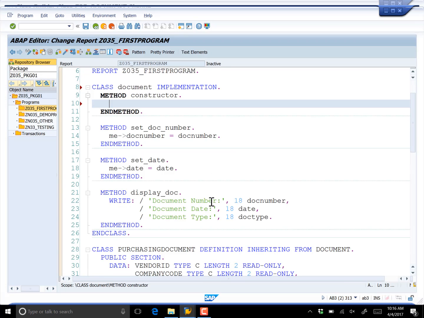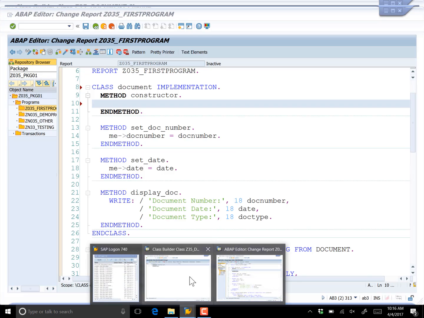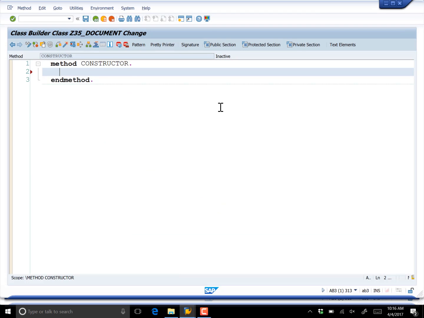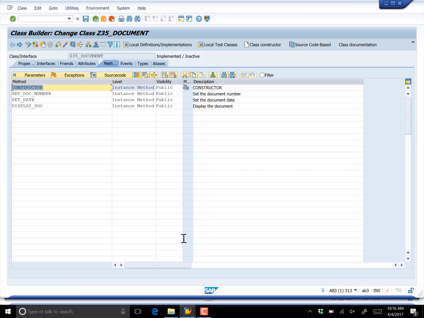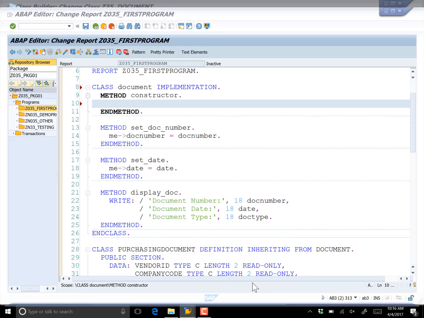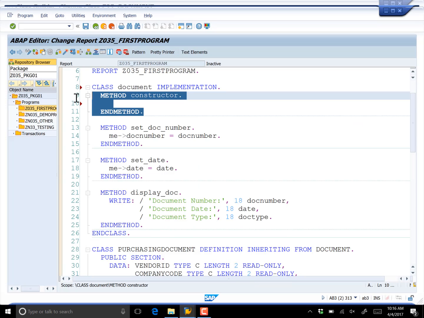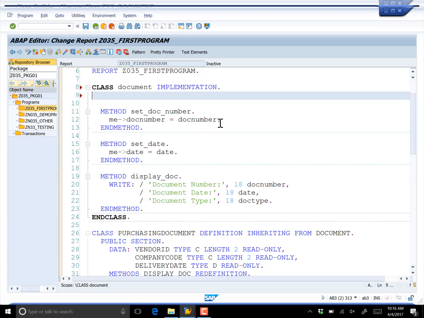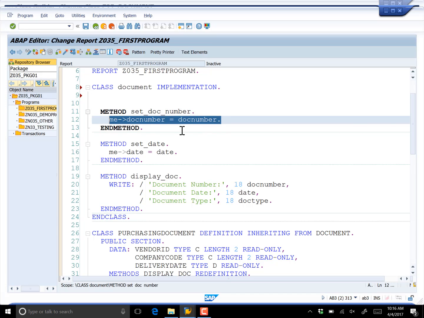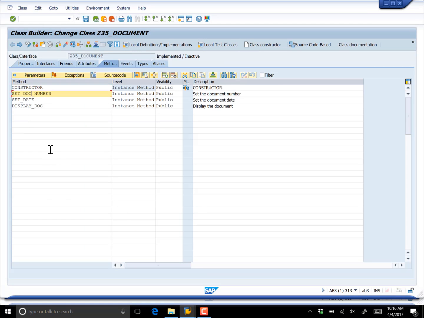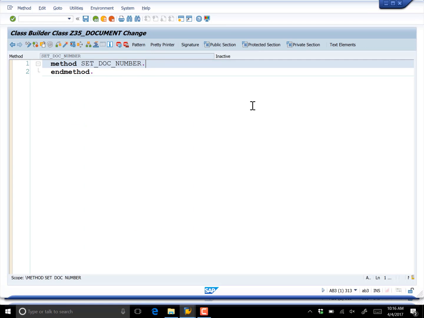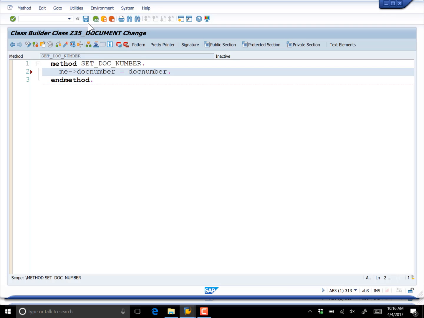select, Control X for cut, go back to my class builder, paste, and save, and back. Now this is why I had to be careful about using the same variable names and everything else. This couldn't be easier at this point. I'm going to go ahead and highlight this code while I'm here for set doc number. And then I'll come back here, just double click on set doc number, and then paste that in, save and back,